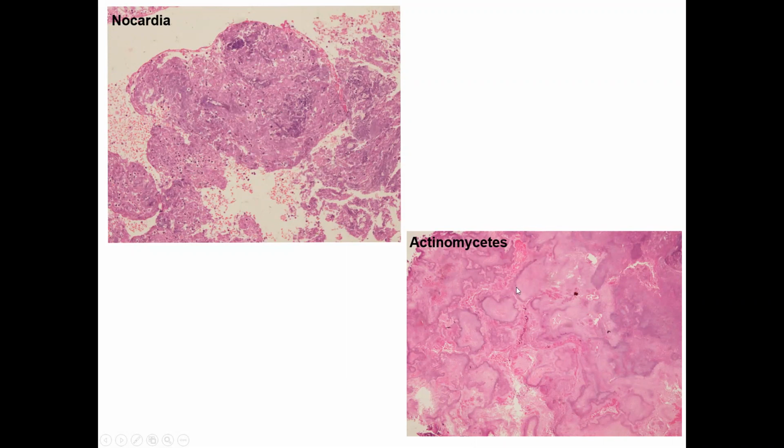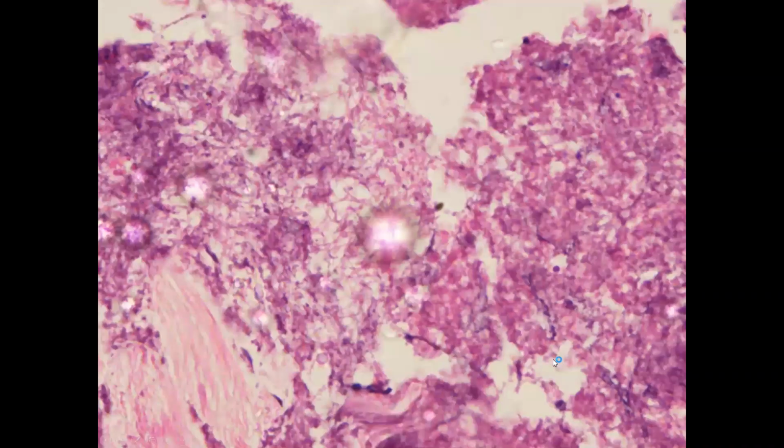Now, as opposed to this actinomycosis, where the colonies are well organized and more dense, here the bacilli are more loosely scattered, and they form abnormal shapes and sizes like these, and at times they give an impression of a sundry appearance. That means the bacilli are coming out from the aggregates of these basophilic structures.